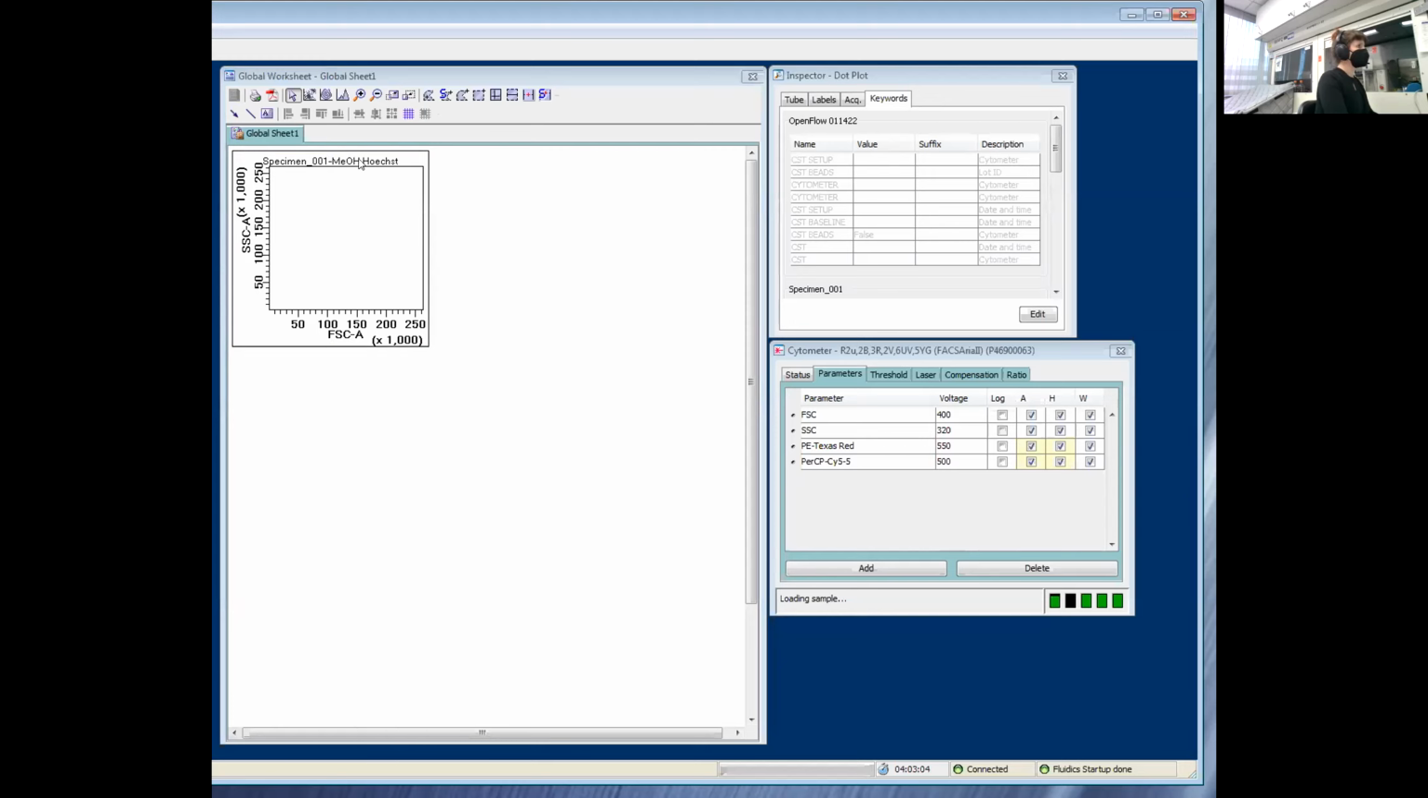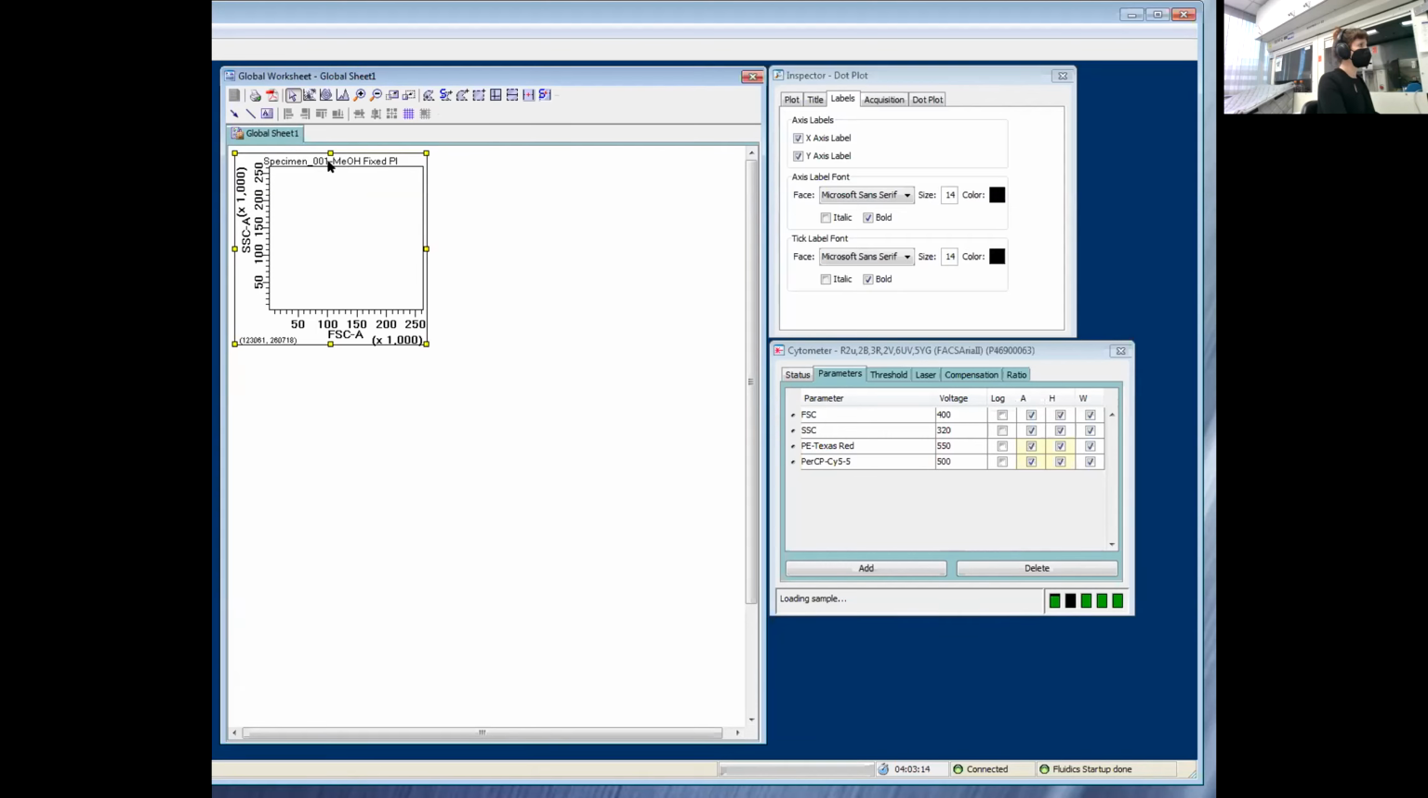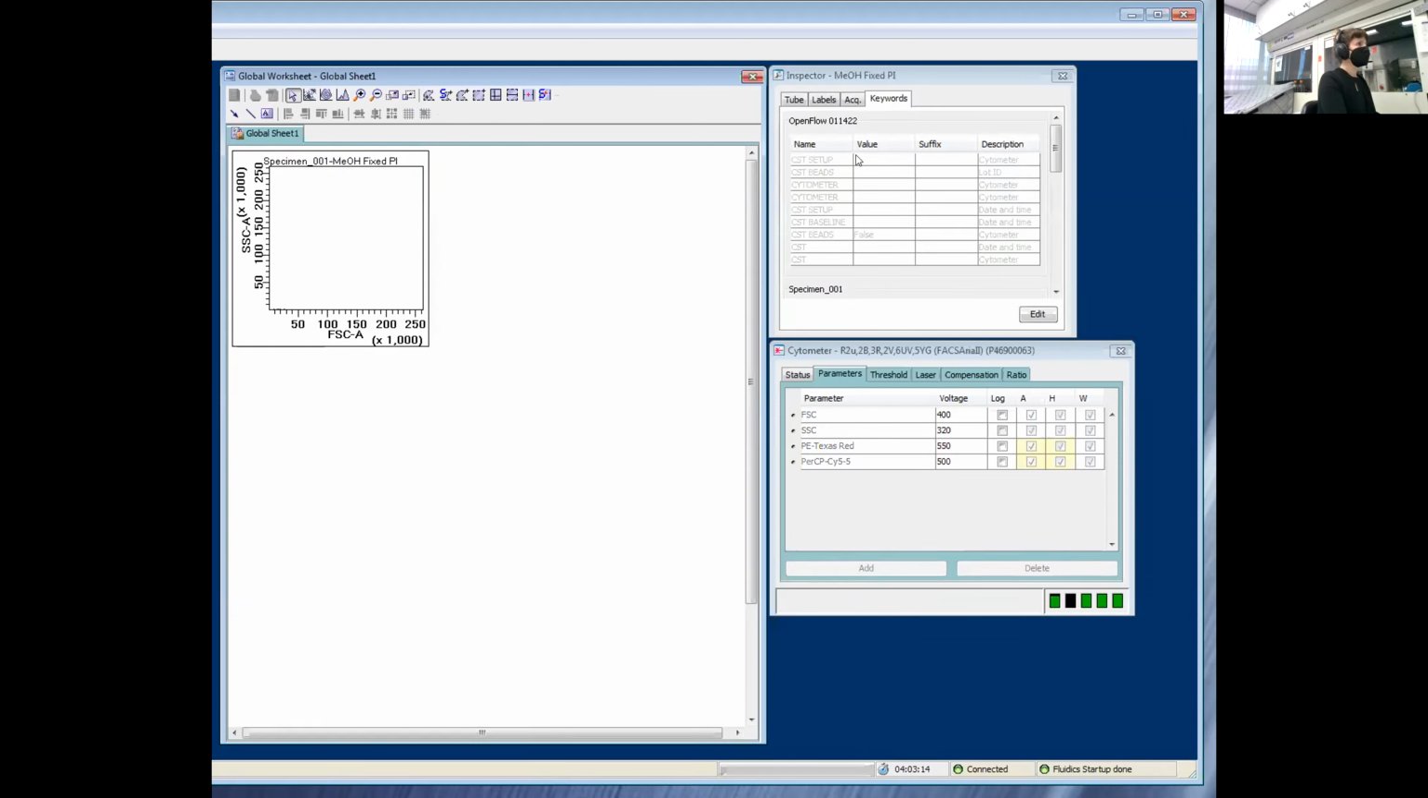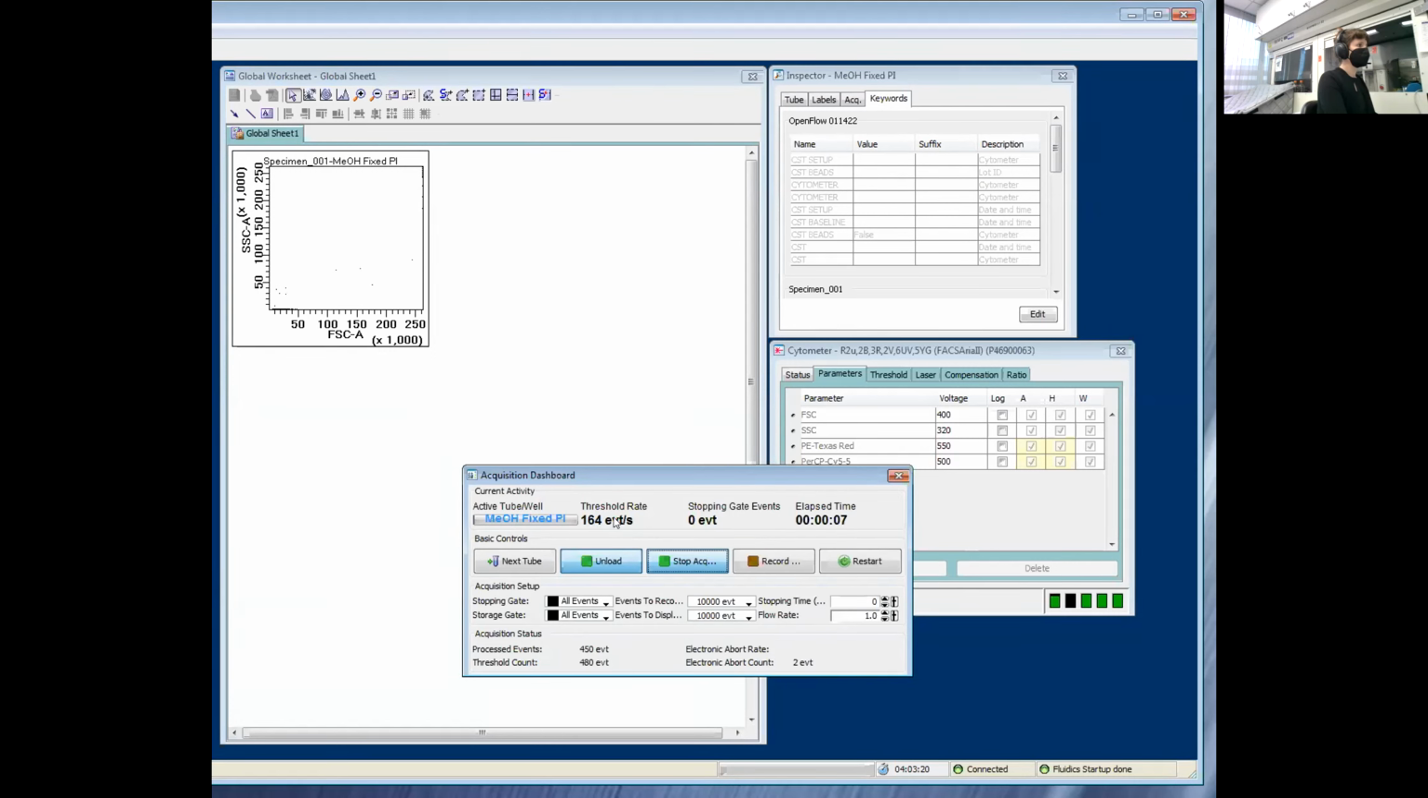Okay. Now I have the name as methanol host, but that's not the case. It's methanol fixed PI. So I'm going to change that in the browser, and you can see that that's changed right here. All right. So if I bring over the acquisition dashboard, what we can see is that we have events coming through at about 200 events per second right now,